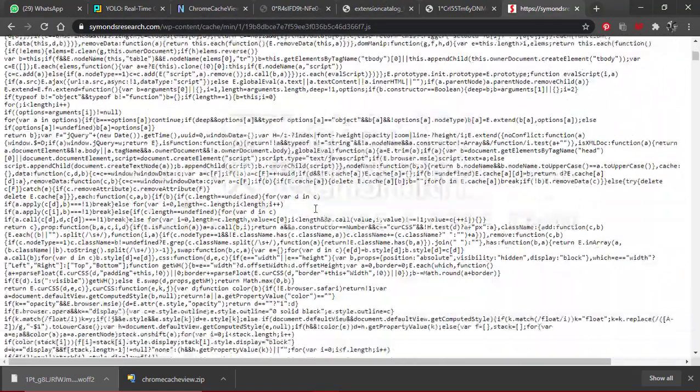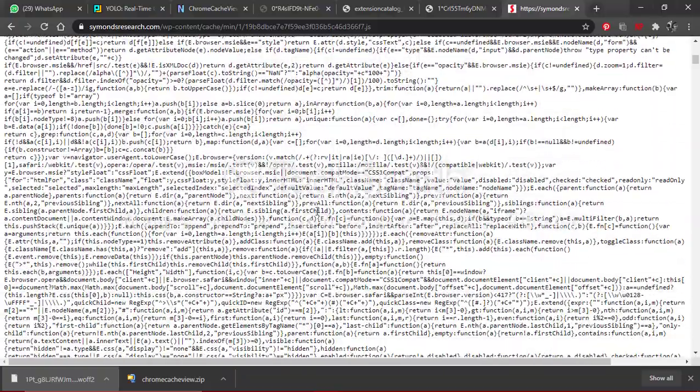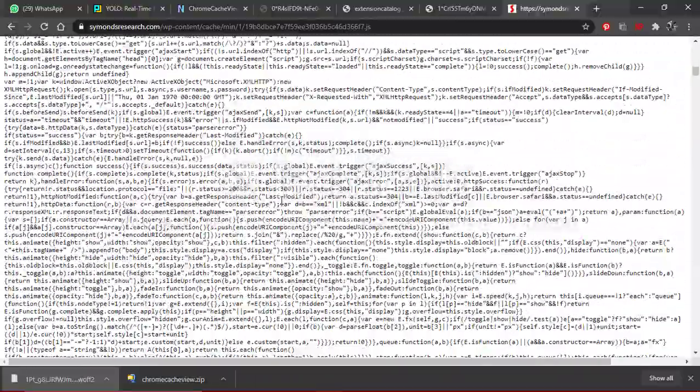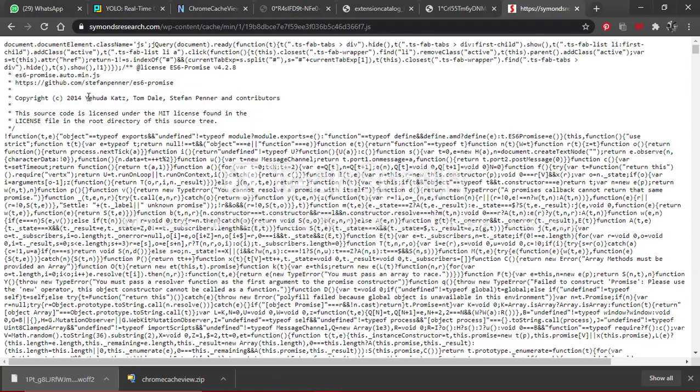This is a backend file, I guess, and this is giving some code in JavaScript, and actually it is a GitHub link.